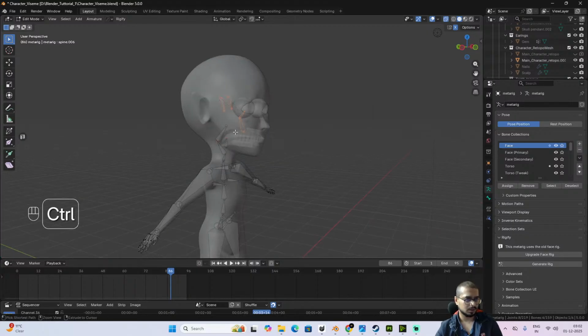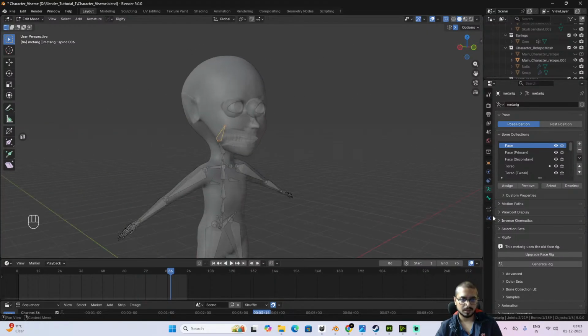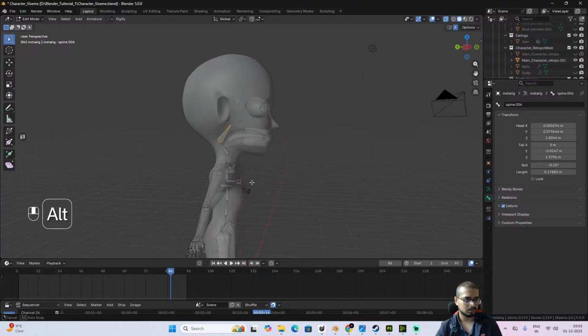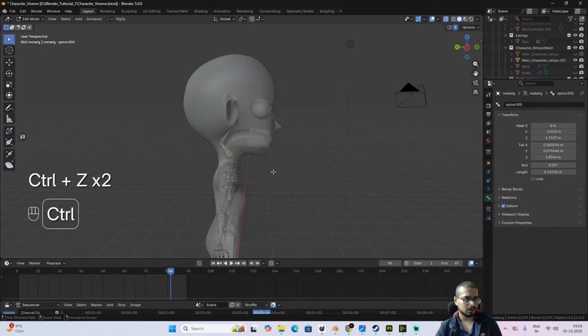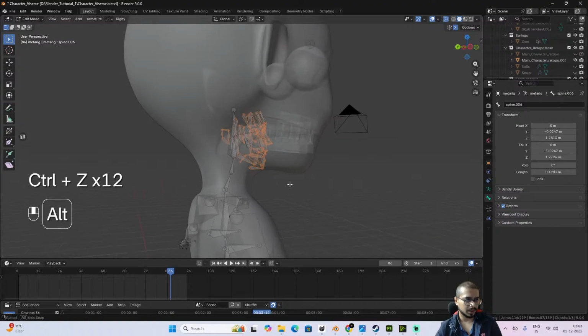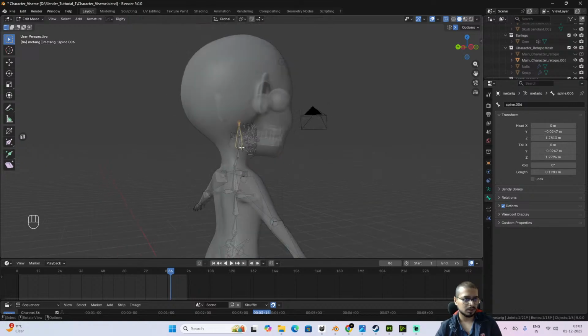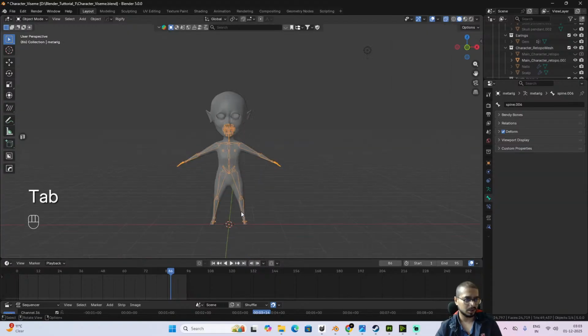Hide it. Is this the head bone? Let me just check. Oh, this is the spine. Okay, I might have. Spine 6 is the head. Maybe. Anyway, so this is what you need to do, and once you're done with it, all you need to do